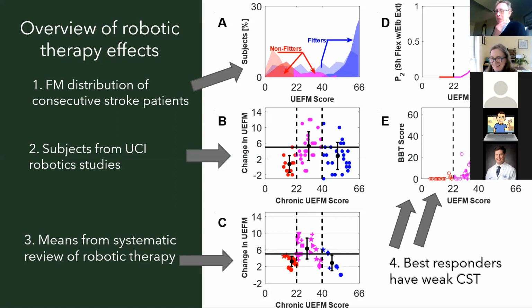That was data from Tomoko Kitago, who's at Cornell and at Burke. She ran a study recently where she had people paired up and do arm training in pairs, or they did it individually. She found that the group that did it in pairs ended up having larger improvements in their Fugl-Meyer score. And when she asked motivationally, people by and large liked the camaraderie and the interaction. They didn't feel like they were being gypped, like they couldn't get enough therapy or therapist time, or they liked the context of